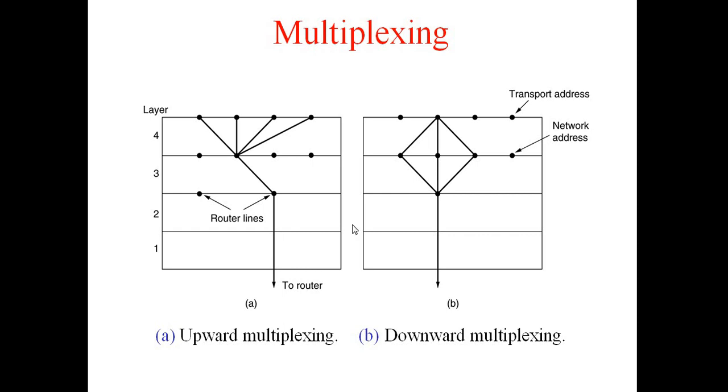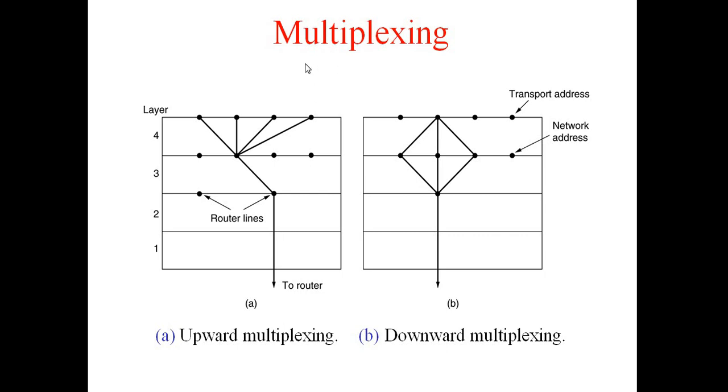Welcome back, students. So today we are going to discuss multiplexing. This is the last part of the transport layer entities, the elements of transport protocol that we have discussed earlier, including buffering and flow control. So this is the last part according to the syllabus.